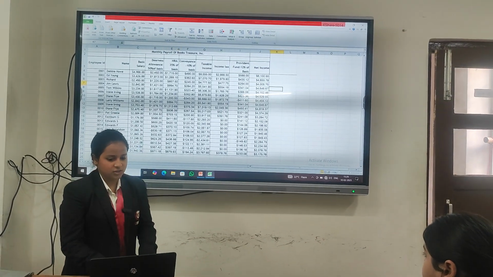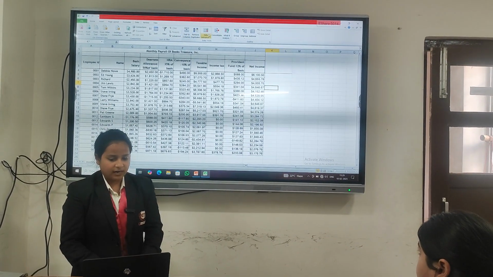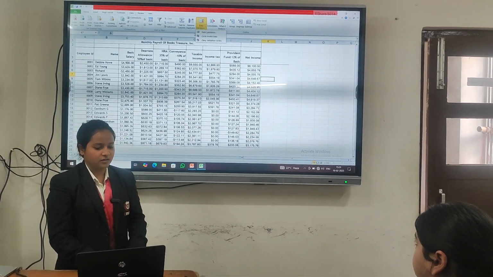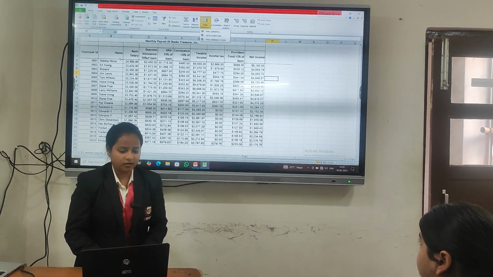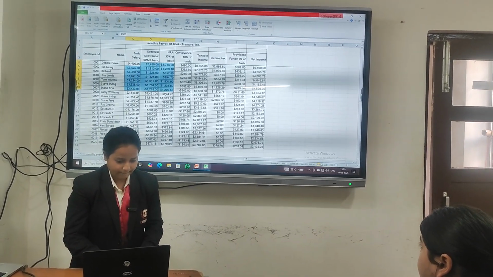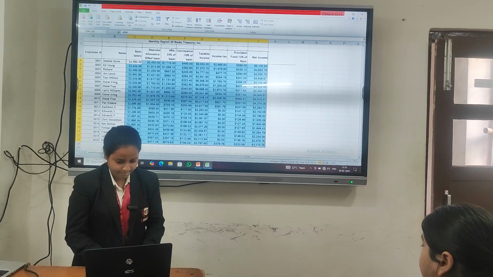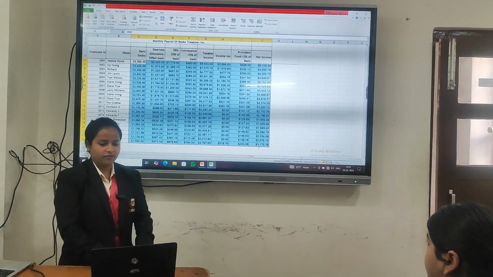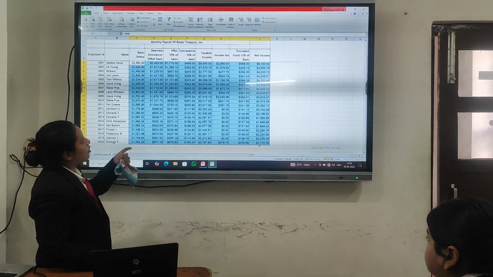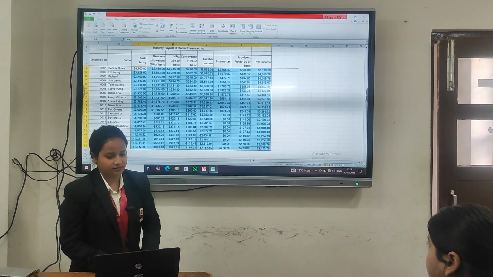In Excel, there is an option called data validation. First of all, we highlight all the data. After that, we go to the option data validation.